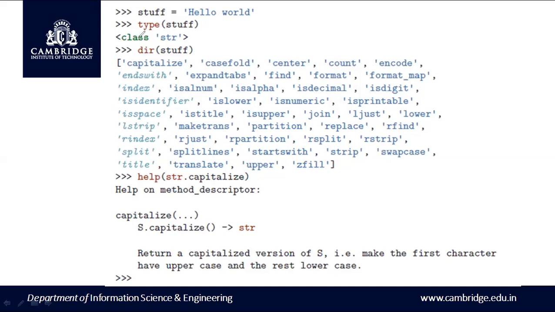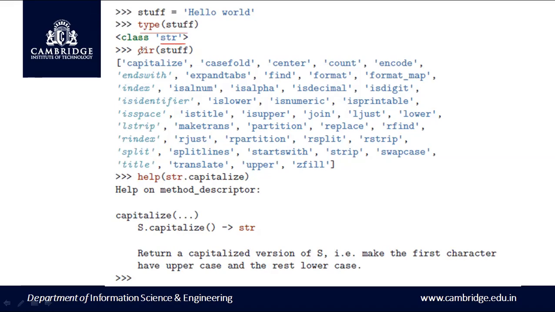So as you can see here, stuff is having the string hello world. This is a string because it is represented in single quotes. When I check the data type of stuff, it returns the answer as string, because it is a string representation.